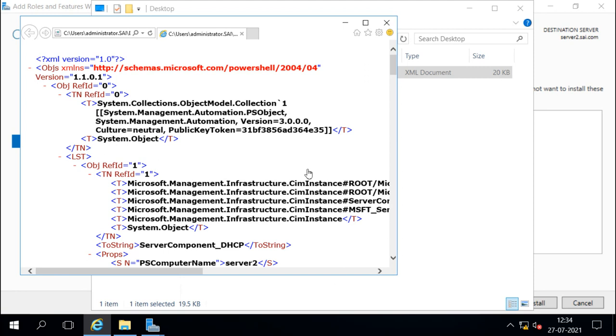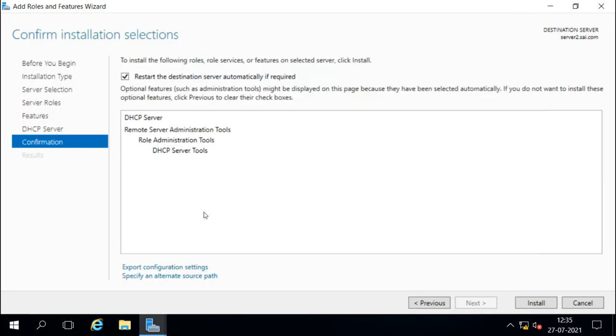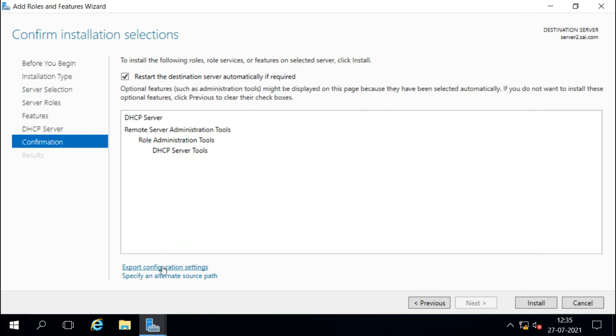So we can use this configuration file for installing the same features with the PowerShell command. If you hover the mouse there, you can see the PowerShell command. It is saying Install-WindowsFeature. So that command will be used to install the features with the same configuration which we have selected. So I can go with this. I will install it here.